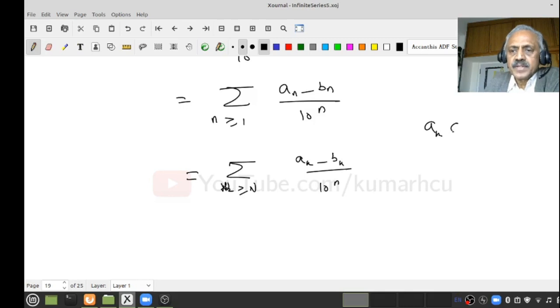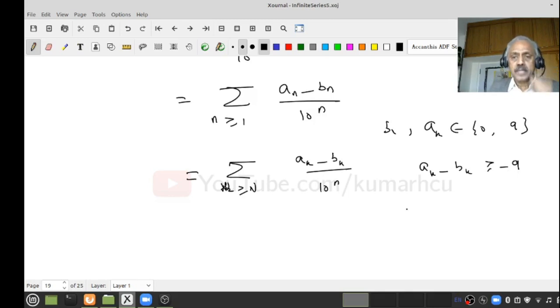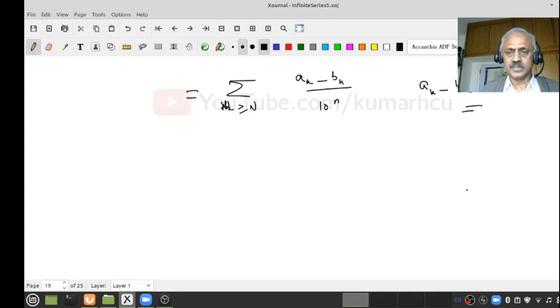Now, what are the a_k's? a_k lie in 0 to 9, and b_k also lies there. Therefore a_k minus b_k will be greater than or equal to minus 9. Is it okay? And are you following? Worst possible scenario for a_k is 0. Worst possible scenario for b_k is 9. Therefore a_k minus b_k will be greater than or equal to minus 9. Right? Therefore this fellow is equal to,